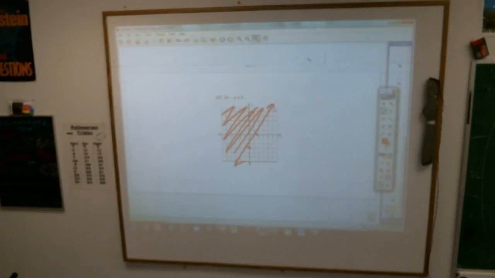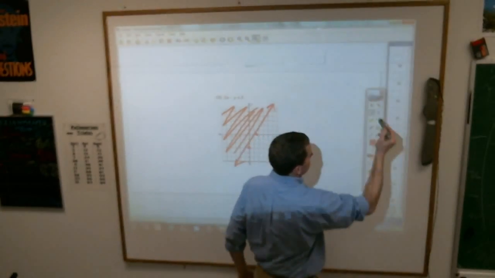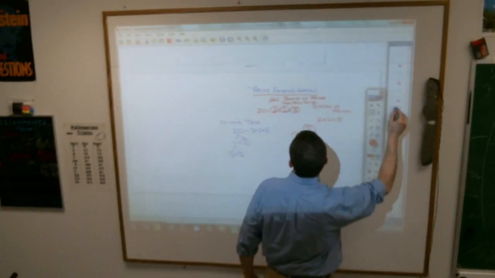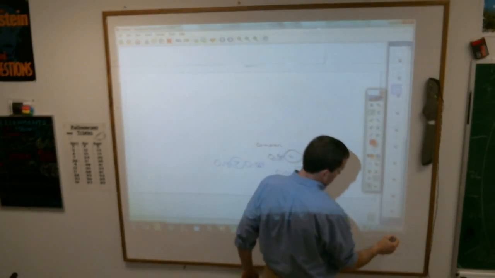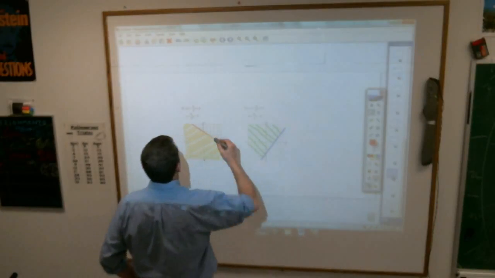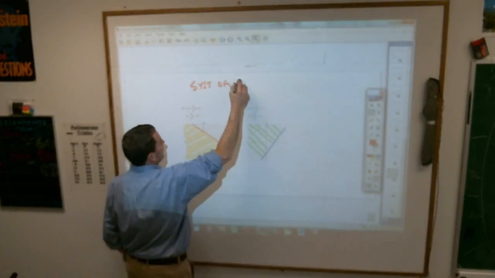Under your systems of inequalities, it is a pretty simple concept here. I've got one here somewhere. Find it. I know where it went. Here it is. Under systems of inequalities,